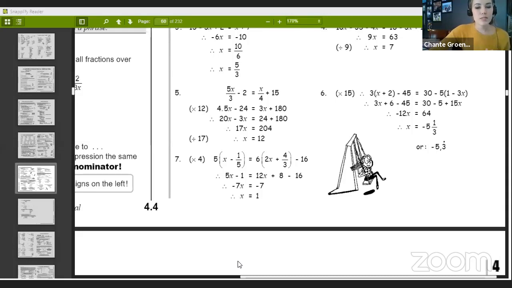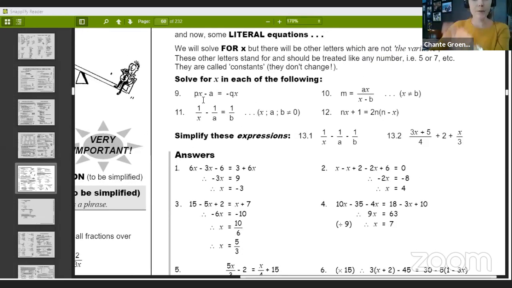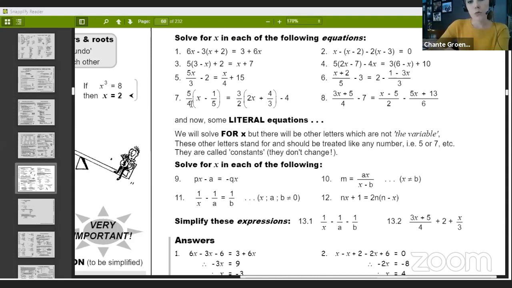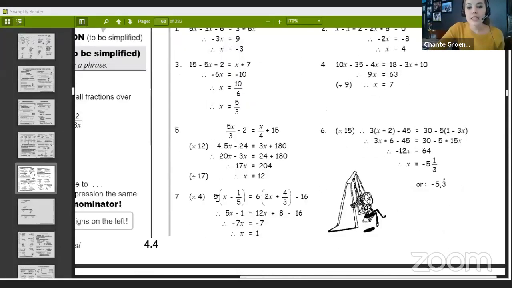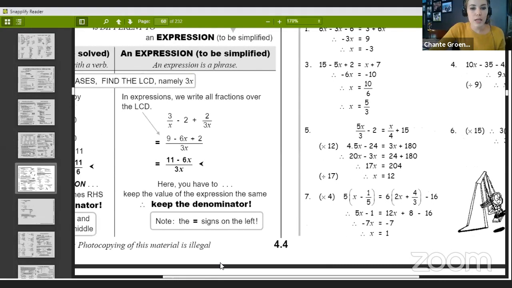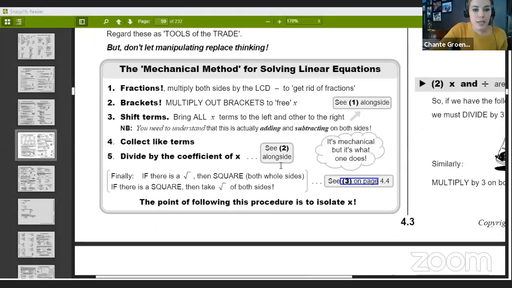Okay, Miss P says she doesn't know where the 4 came from. I need you to quickly have a look up here, Miss P. See that we have 5 over 4 now, and here we have an improper fraction as well. It would be best for me to times it by 4 so that I can get this 4 away. Okay, if I look at my rules again,